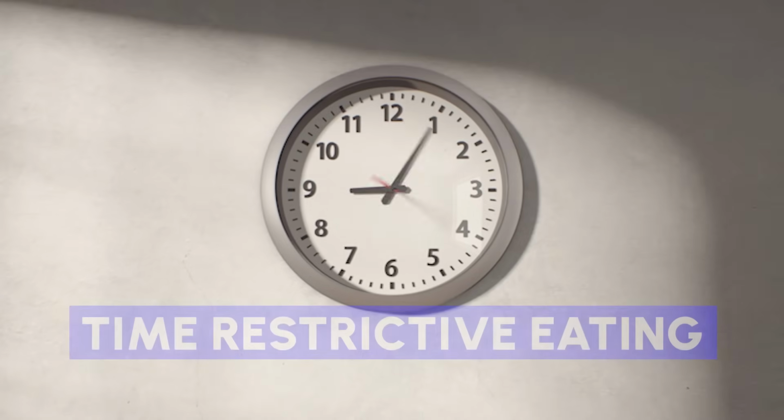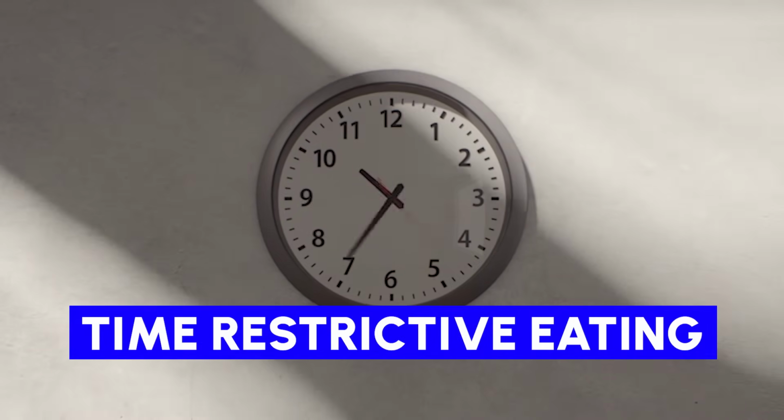Very, very essential. Now, tip number 2 to reduce visceral fat is to do some time-restrictive eating. This is often referred to as intermittent fasting. And this is so well supported by the research. If you allow your body to get into a more fasted state, you can improve your insulin sensitivity, control your calories, and lose visceral fat. I'm gonna share with you a couple different protocols that work well for this, but I wanna start with the